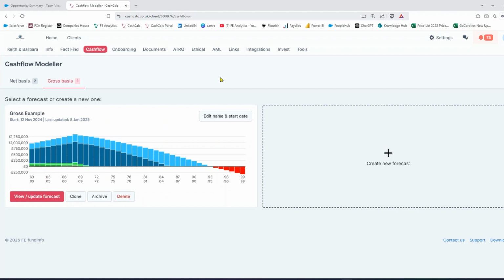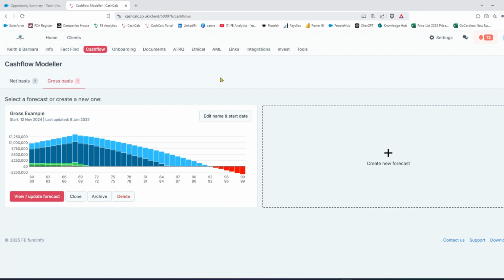It's a good example because ultimately the outcome will be the same. The cash flow model is on both occasions on the net and gross going to be using 40,000 income. It's just the way that I'm interacting with it is slightly different. I'm not having to do much of the heavy lifting with the gross modeler because it works it out for me. And that's why, because of the path of least resistance, we imagine the gross model will just become increasingly more popular because the inputs and the way you're using it just involves you doing slightly less work. And we will, over the coming months and years, be adding more and more features and more nice to haves to it as well.